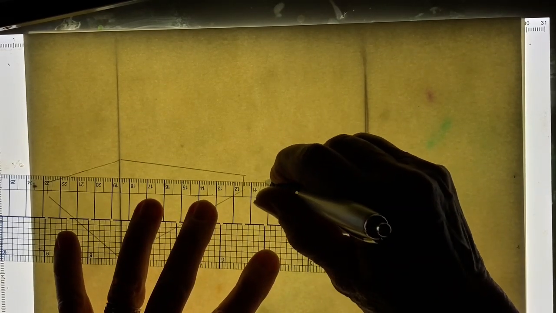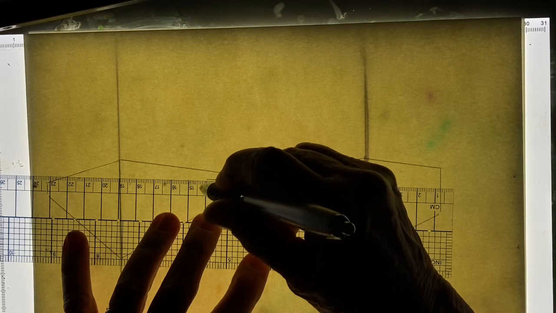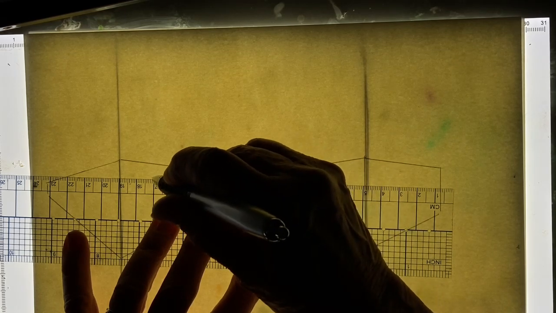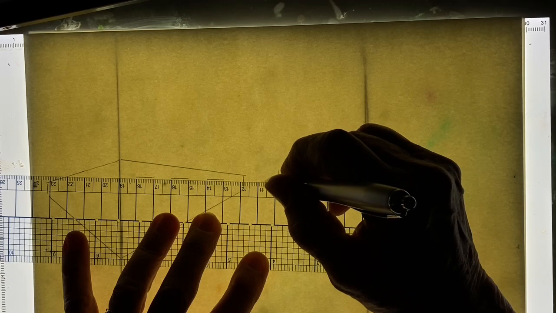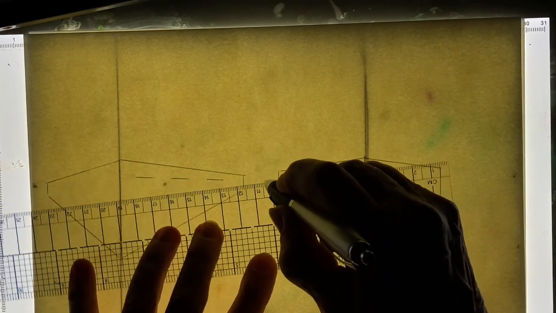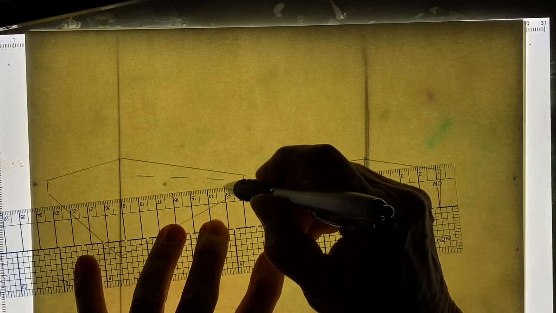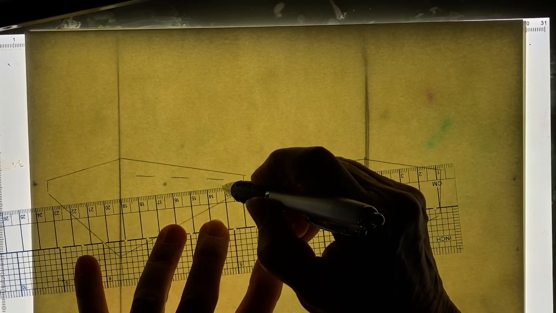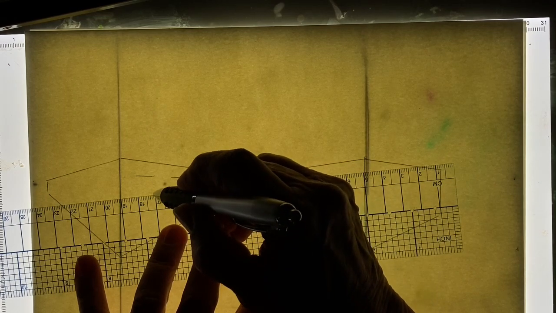So this one's going to have a bunch of small windows. And again, touch your disappearing line before you rotate down. So this will be straight down, straight down, straight down,